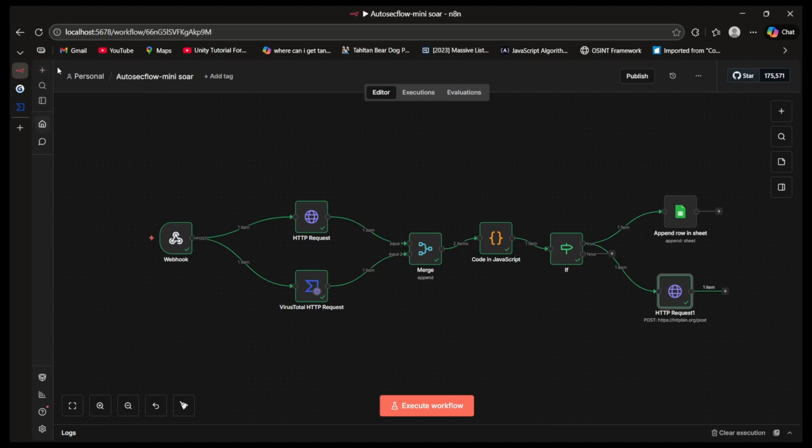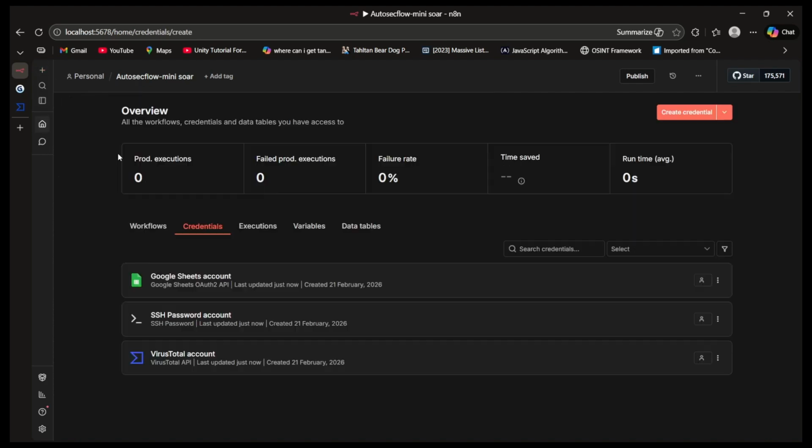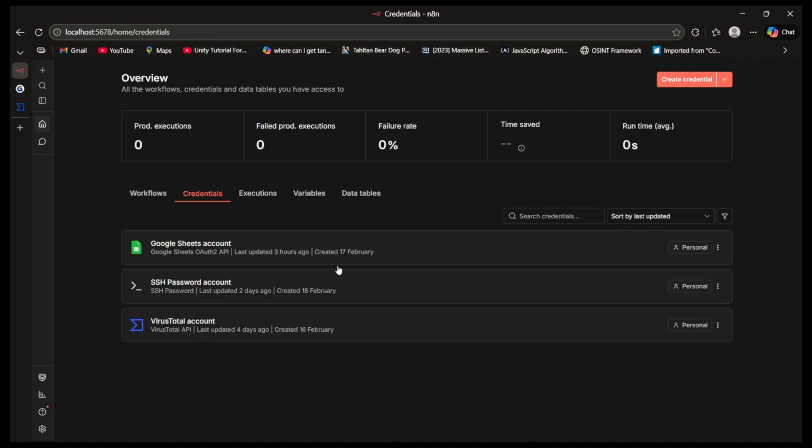You will go to the plus sign on your left hand upper corner, click on credentials. Here you will see the credentials. These credentials are preloaded by me, but if you are creating a new one,